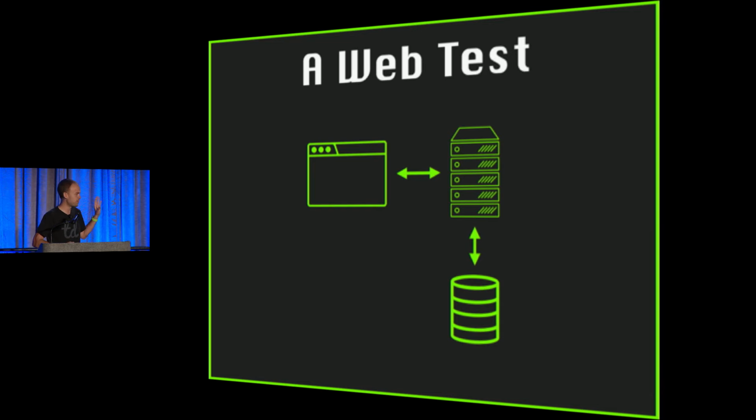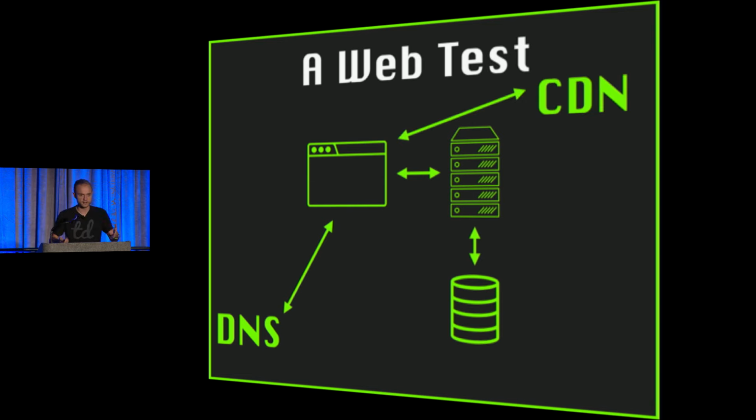If you take, as an example, somebody who's really proud of this web test, where it opens a browser, talks to a real server, talks to a real database, I might poke holes at them. I'll say, hey, does it talk to your production DNS? And they'll say, well, no, of course not. And I'll say, does it talk to your CDN and test all your cache and validation strategies? And they'll say, well, no, not really.